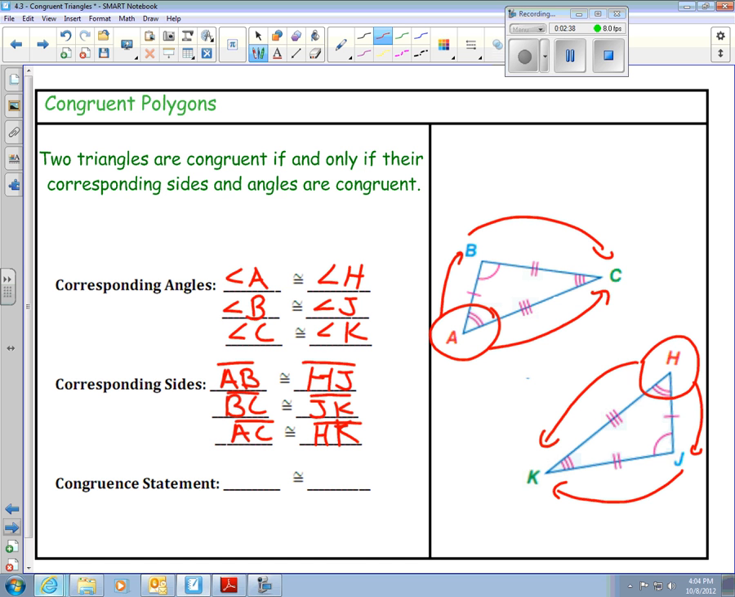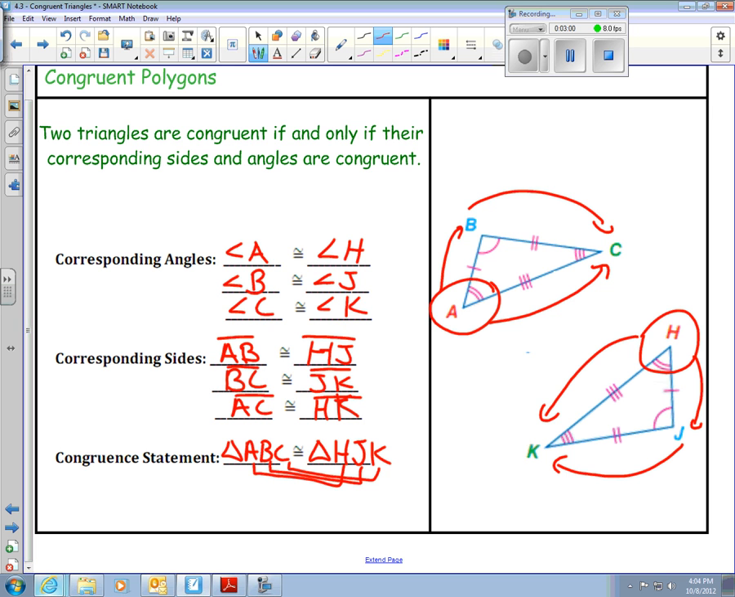So for my congruent statement, I can say that triangle ABC is congruent to triangle HJK. Now, if we look, A goes with H, B is congruent to J, and C is congruent to K. We need to keep in mind that this is a valid statement only because they're in the same order. So a special note is valid statements